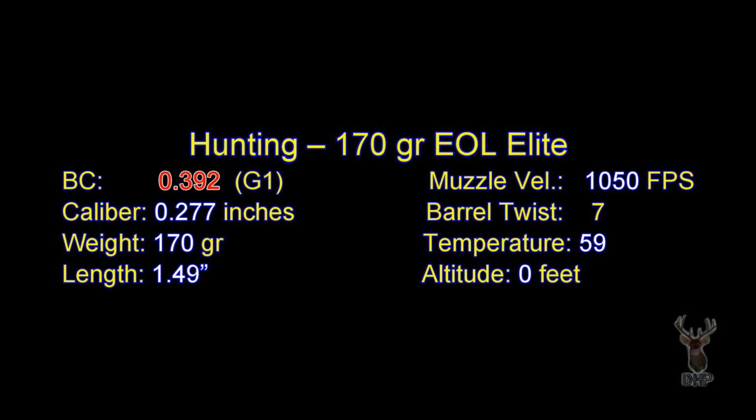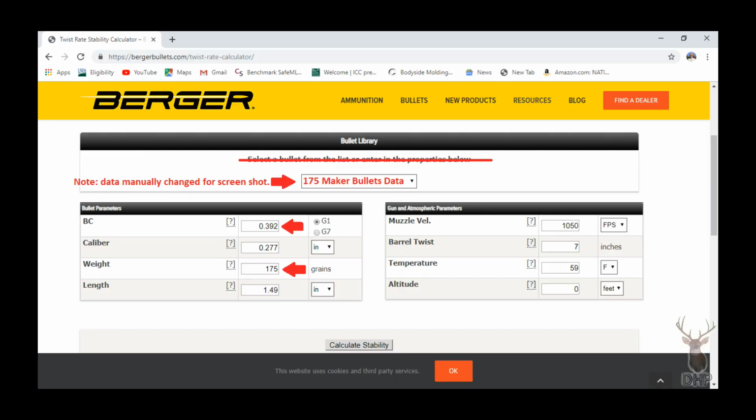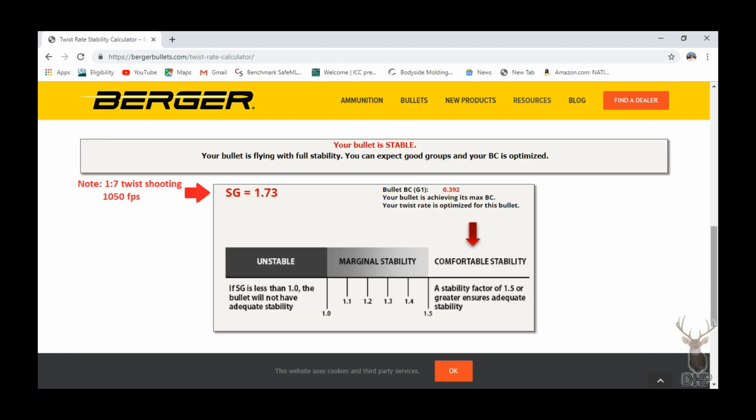We're going to do the ballistic coefficient at 392. That's what he says, 392. It is a little bit heavier. 1 in 7. Keep everything the same, and we'll hit calculate stability there, and we'll pull it up, and it says it's still comfortably stable. So that might give us a little bit of confidence if we work one of these loads up. Now,